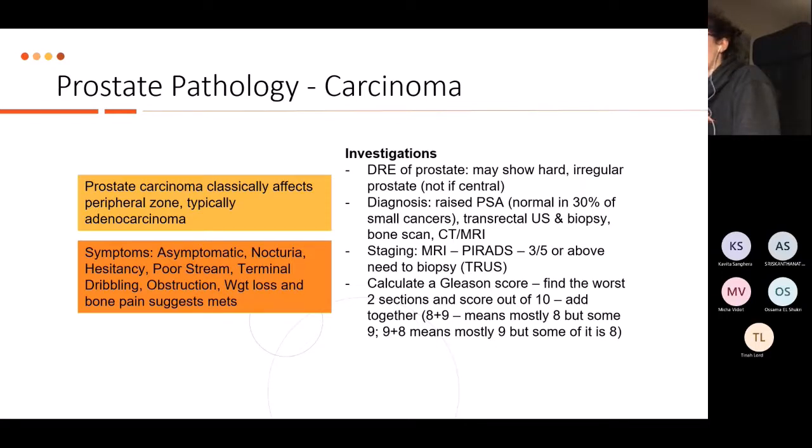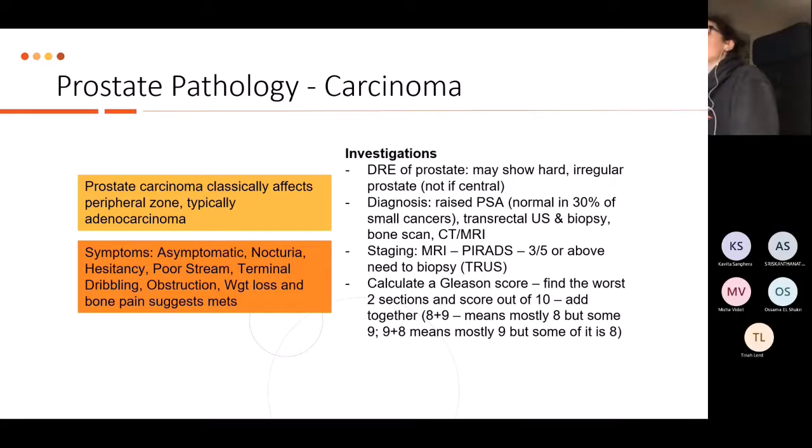Now these days, MRI is used as a means of deciding whether someone is going to go for biopsy or not. If you ever see a biopsy, it's a pretty unpleasant experience. If you ever have one, I'm sure it's even more unpleasant. But as a student, you might see them doing biopsies, and it's quite invasive and painful and not comfortable for the patient. So the MRI is quite useful now because they've got this score called PI-RADS score. And basically, if you get 3 out of 5 or above, you're recommended to have a biopsy.